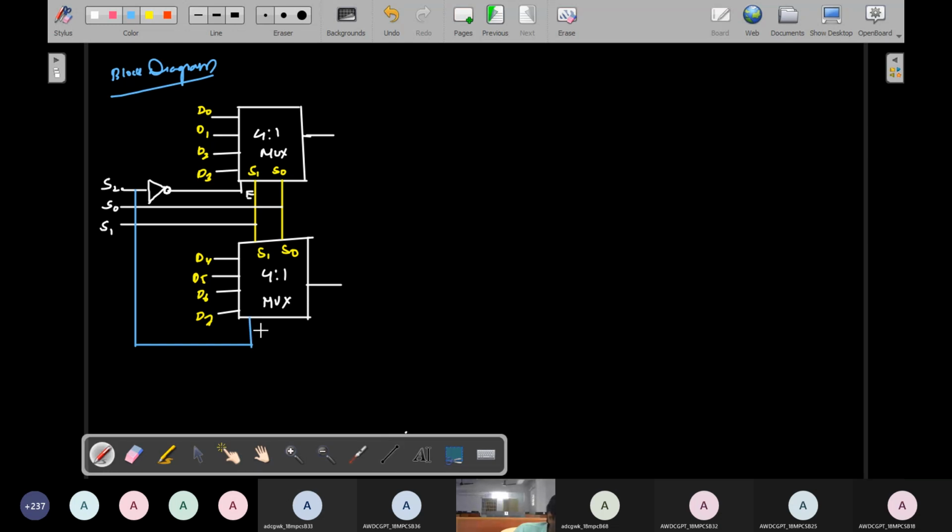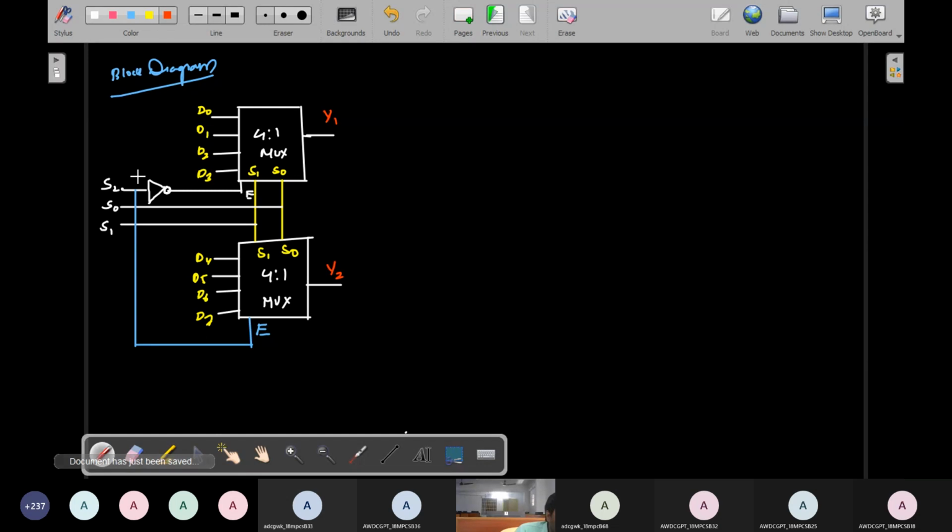So this is the terminal. Understand? So the third terminal I'm using is directly connected to the enable terminal. So I consider the enable terminal as the third selecting input. This is the selecting S0 and this is S1. So S0, S1 are not changing in both cases, but the third terminal S2 is connected through a NOT gate to the first multiplexer and directly connected to the second multiplexer. After that, this output voltage is Y1 and this output voltage is Y2.